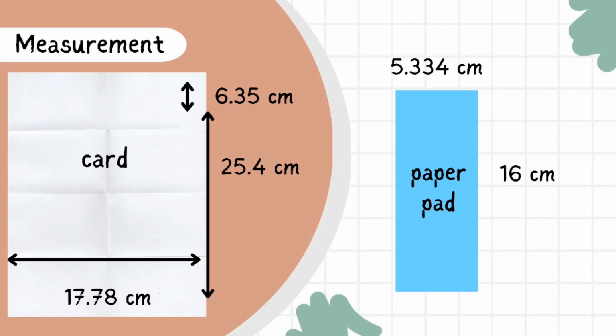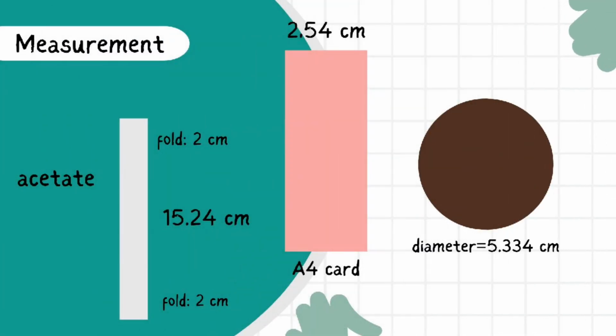Next, we have our paper pad measuring 16 centimeters in length and 5.334 centimeters in width. This pad provides the canvas for our creative designs. Now, let's not forget about our acetate sheet, which measures 15.24 centimeters in length. We'll fold it at each tip, creating neat angles of 2 centimeters, adding a touch of